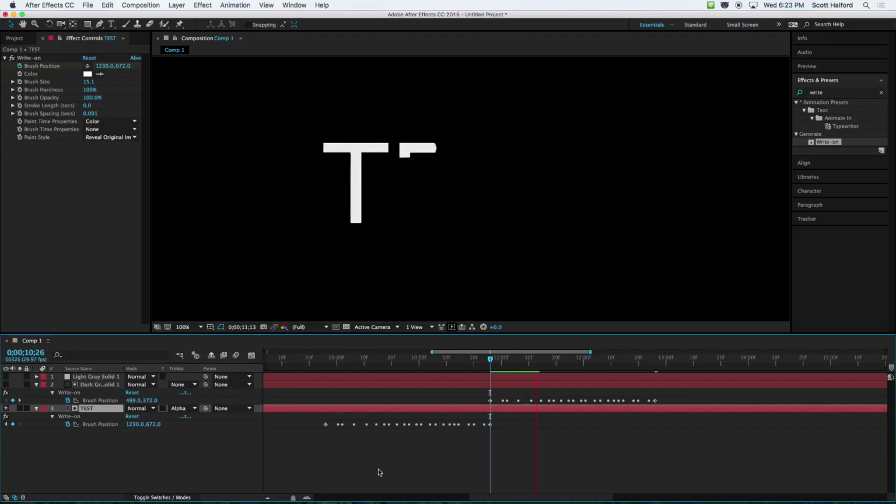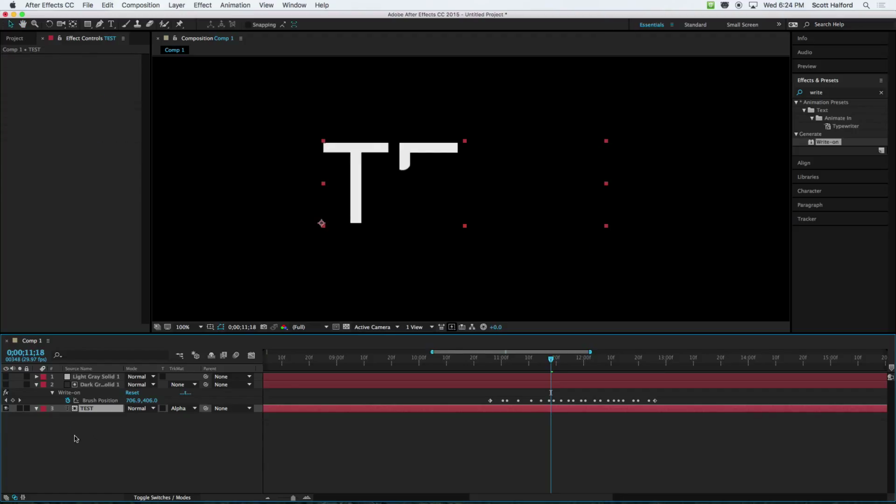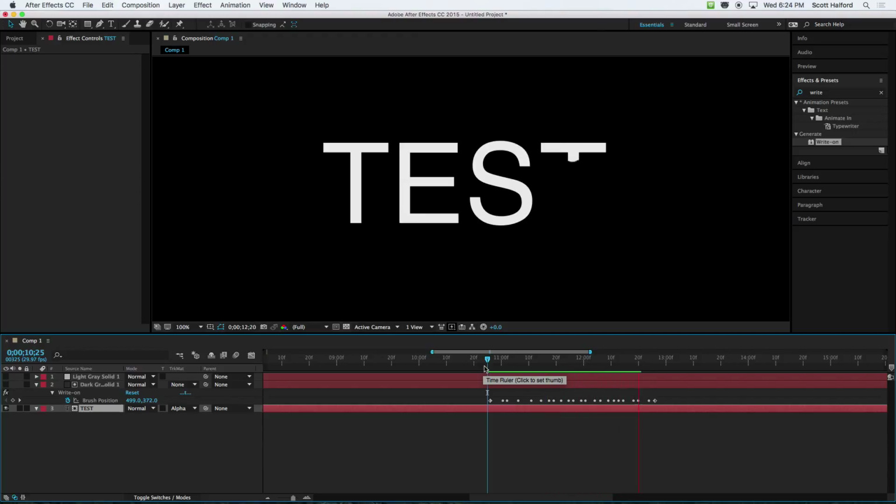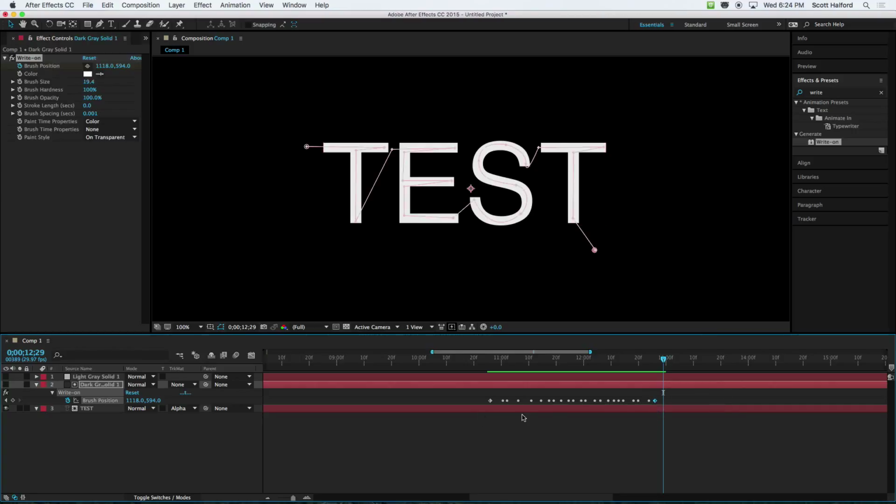Well, that takes longer to render. Let me delete the write-on from the text layer. And then it's just one word, so I might take this last keyframe and